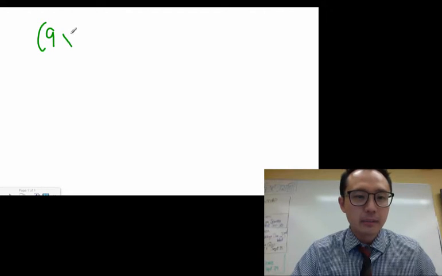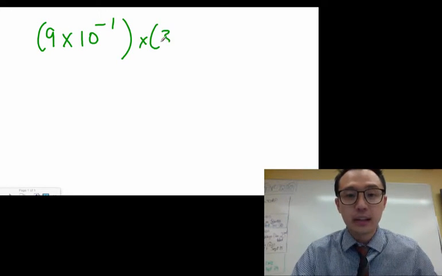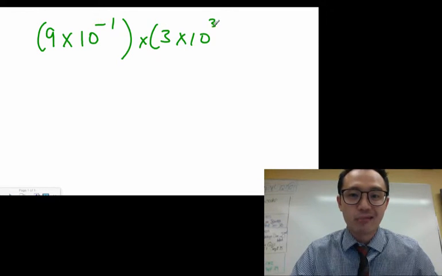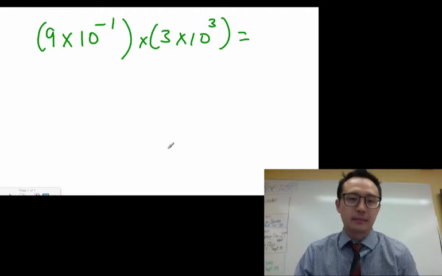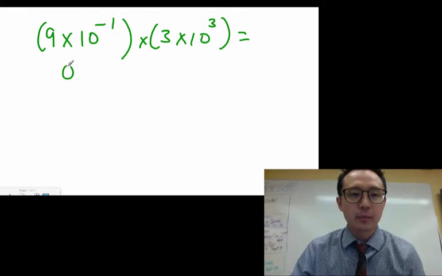Going to be your multiplying with scientific notation. So let's get started with this one. Right now you should be pretty comfortable with looking at scientific notation. So let's give an example of 9 times 10 to the negative 1 times 3 times 10 to the 3. What does this mean? If we were to write this out in your basic standard form, this would be